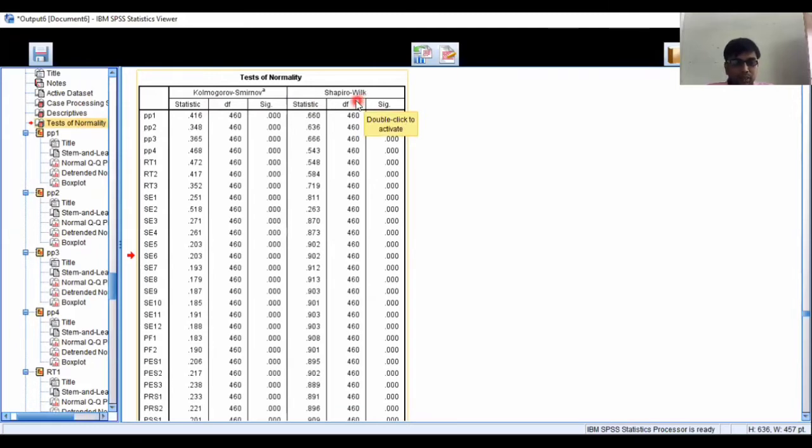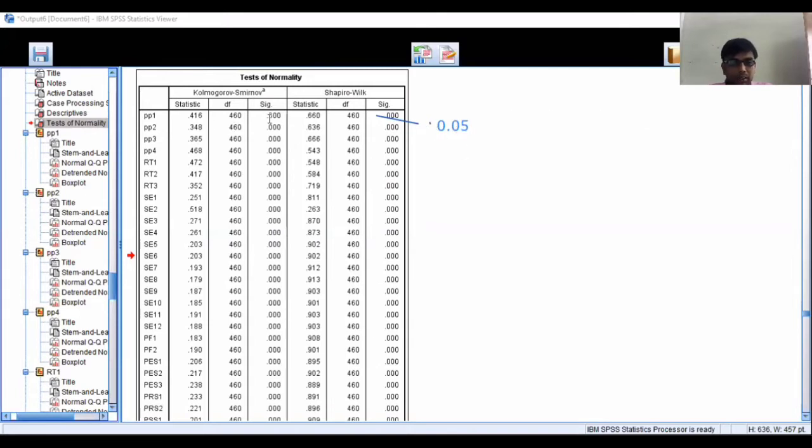Now, how do we know whether our data is normal or not? Just look at the significance value in both tests. What is the criterion that we use? This value should be greater than 0.05. This is the only criterion that we have to look for.